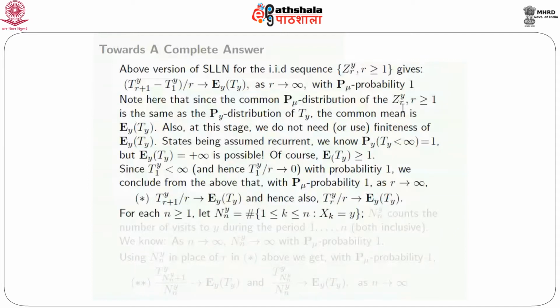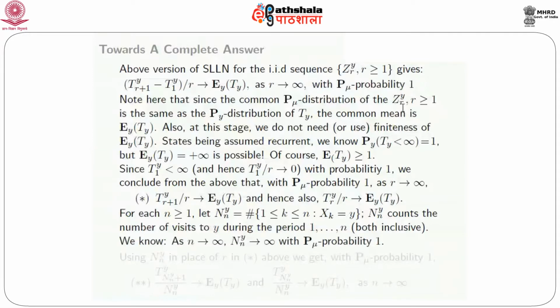Now, for every n greater than or equal to 1, let's define another random variable called n and y, which is the number of k's between 1 and n, both included, such that xk equals y. So what does it represent? N and y, if you look at the definition, simply counts the number of visits to y during the period 1 through n, both inclusive. Of course, we know that as n goes to infinity, n and y goes to infinity with p mu probability 1. That is simply a reflection of the fact that with p mu probability 1, y has to be visited an infinite number of times in the entire